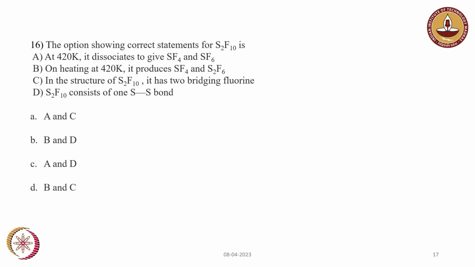The next question is the option showing correct statement for S2F10. Option A is at 420 Kelvin it dissociates to give SF4 and SF6. Option B is on heating at 420 Kelvin it produces SF4 and S2F6. Option C is in the structure of S2F10 it has two bridging fluorine. Option D is S2F10 consists of one S-S bond. So first we have to draw the structure for S2F10. So the structure is